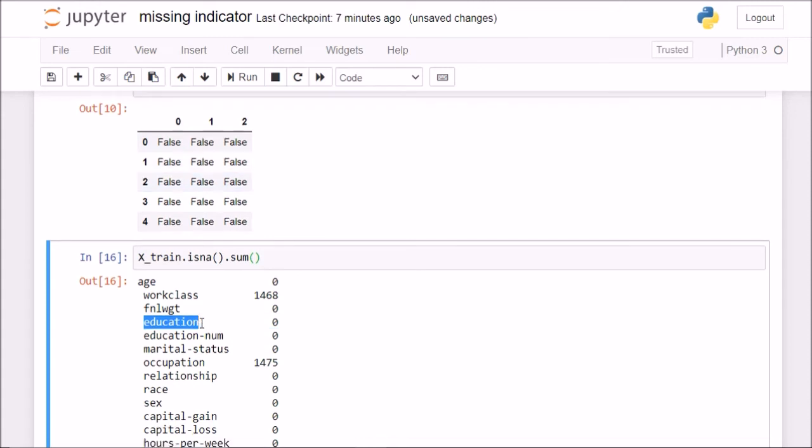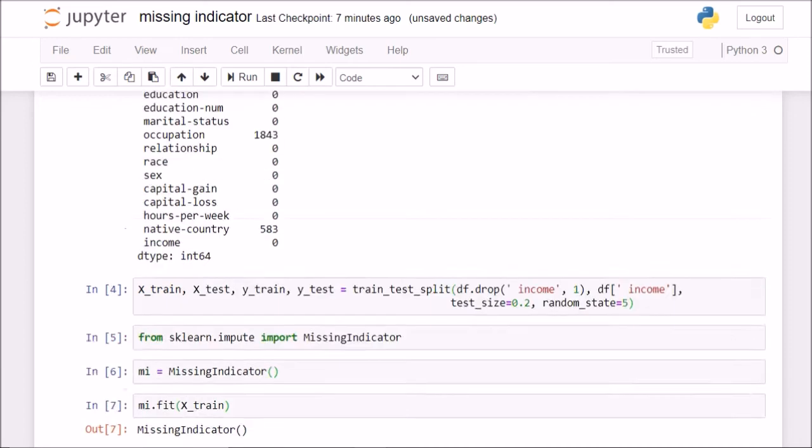Now if it finds a missing value in the education column in the testing set, it will raise an exception notifying us that it didn't find a missing value in the training set, but it found one in the testing set for this particular column. We can set that parameter to false so that our code doesn't break, or we can set it to true just for sanity checks, to see whether we have any missing data in the testing set that was not in the training set. We can use the missing indicator class for that purpose.